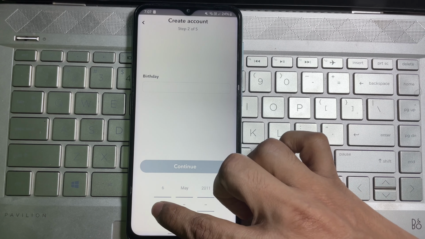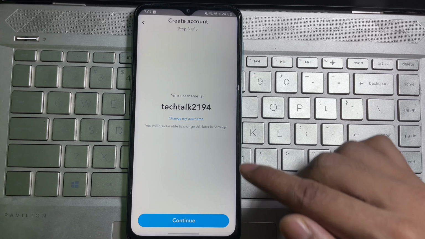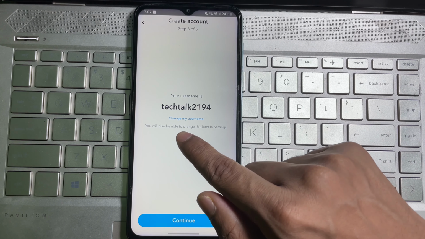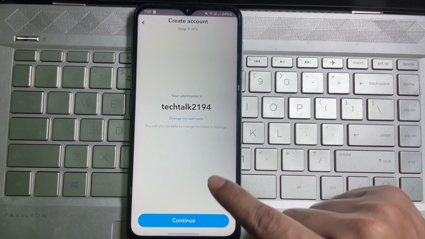Now select your date of birth, then tap on continue, and then here you will get your username. If you want to change your username, then tap on change your username, then tap on continue. Now create a password for a Snapchat account. After that, tap on continue, and now type your Gmail address here and then tap on continue,